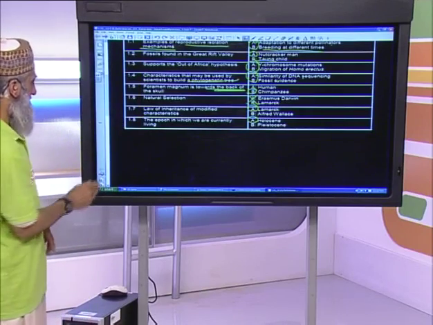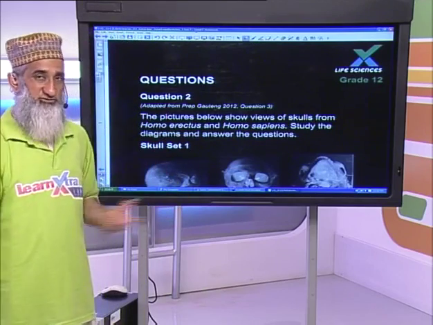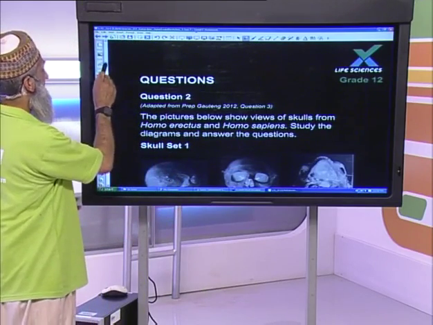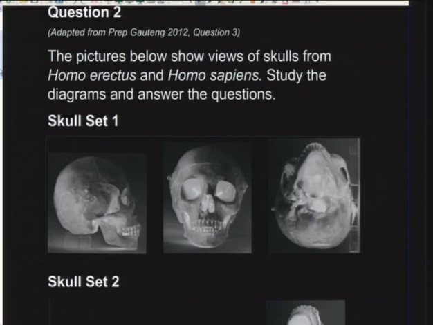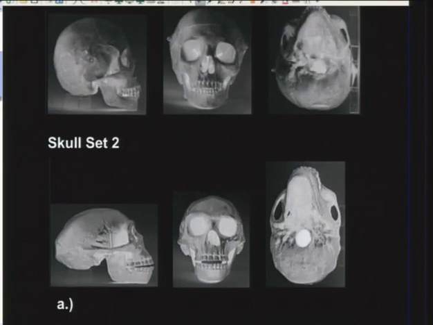Good. Let's move on to some section B type of questions. Remember, if you've noticed by now, we're dealing with evolution, and the following was taken from the prep of last year, Gauteng and Free State. The pictures below show views of skulls from Homo erectus and Homo sapiens. Study the diagrams and answer the questions. So there's a skull set 1 and a skull set 2. This is skull set 2, that's skull set 1. And the questions that follow,